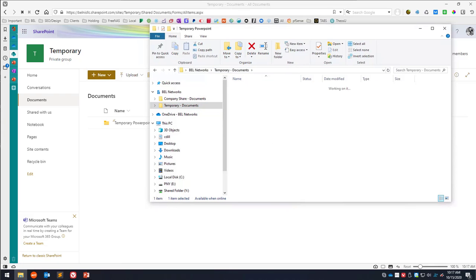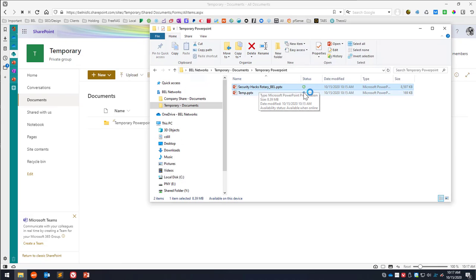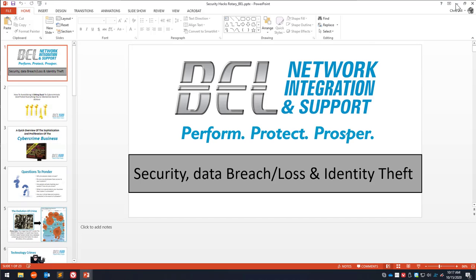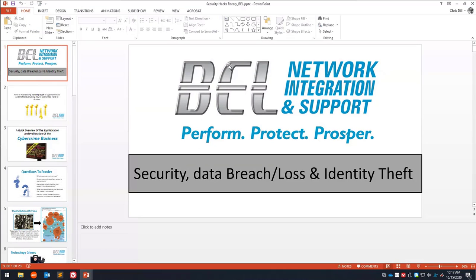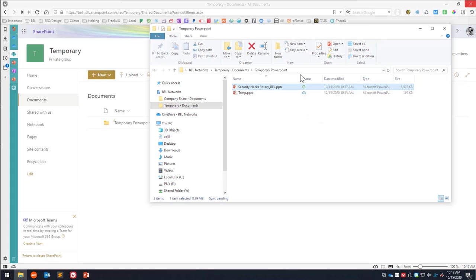temporary PowerPoint and my two files that I created. These exist in the cloud, not on my computer. But let's say I open this on my computer, you'll now see the synchronized status turns green right here. This document is now open on my computer and it's synchronized to SharePoint, meaning that if I make changes to this document and I save this document, those changes are immediately synchronized into SharePoint. You can see this little